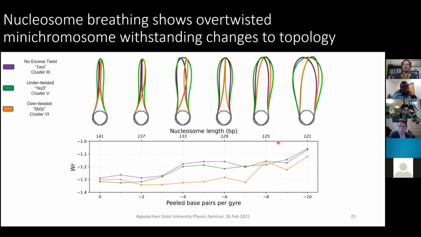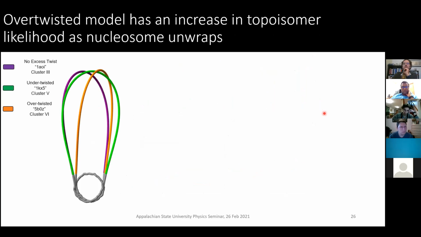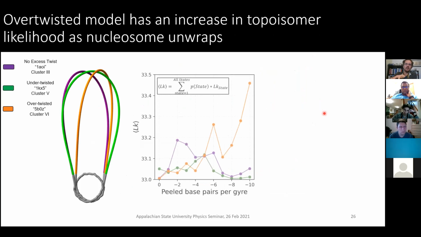it opens up. But even then, if you peel back to having a nucleosome length of 121 base pairs, a more unwrapped nucleosome, the structure itself isn't as open as the other 2 examples, which is fascinating to me, because if we open up this more, it should fall into similar structures because you're decreasing the level of wrapping to it. So if we focused in a little bit more on this and looked at the probability of states, we